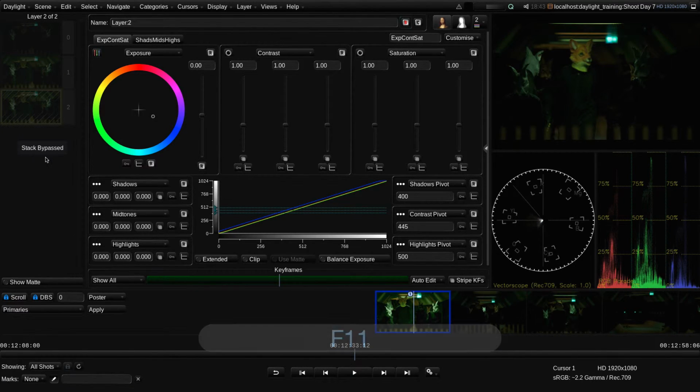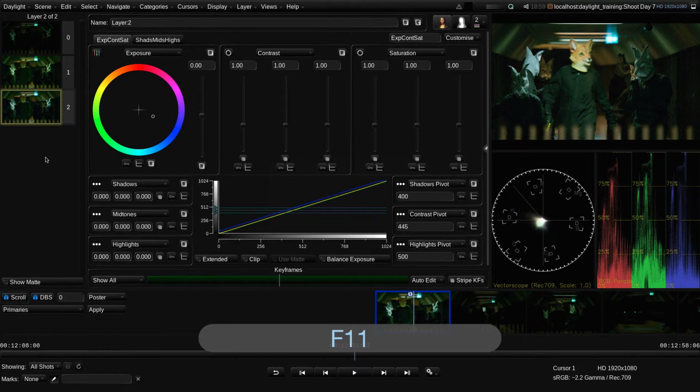Note that if you find pressing F11 suddenly takes you back to the Mac desktop, you probably still have the F11 and F12 keys set up as default Mac shortcuts. You can disable those by going into the keyboard settings in your Mac system preferences. This is all covered in the separate tutorial on setting up your Daylight system.